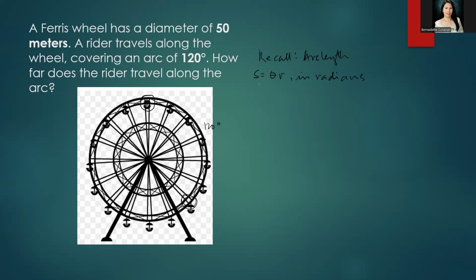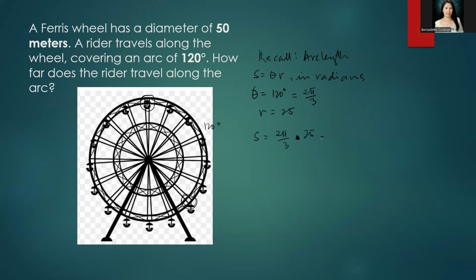Since the central angle is intercepted by 120 degrees, theta must be 120 converted to radians. So this is 2 pi over 3 radians. And then the radius equals 25 since the diameter is 50. So the arc length equals the product of 2 pi over 3 and